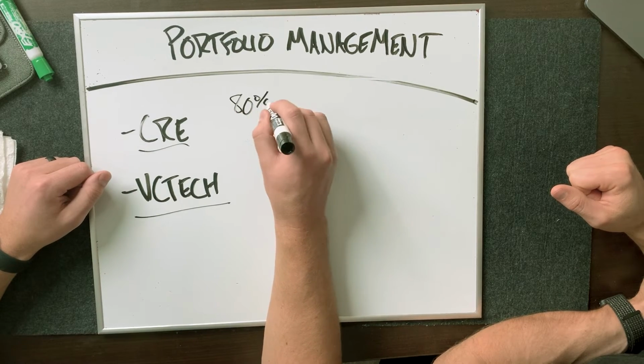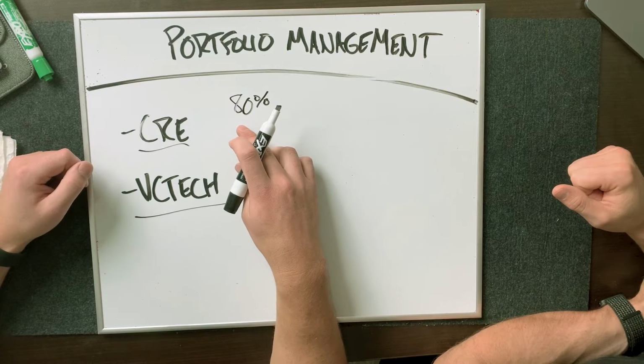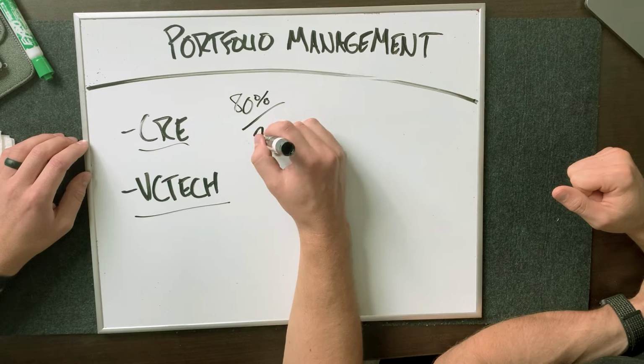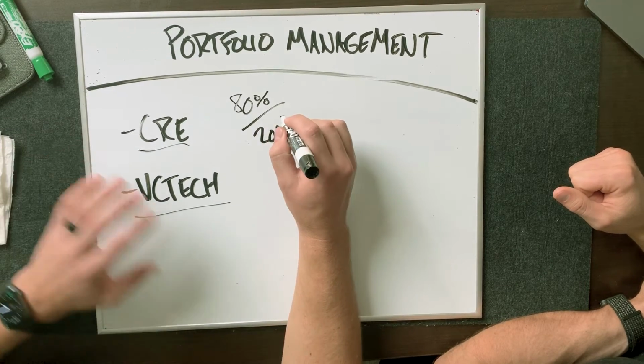For example, Bridger gave a perfect example with commercial real estate. Maybe you manage a commercial real estate fund and 80% of your investments are in big cities on the East Coast. As a mitigating factor, you should think about that geographical risk. Maybe we need to have 20% of our portfolio in big cities on the West Coast. You just don't know what happens.